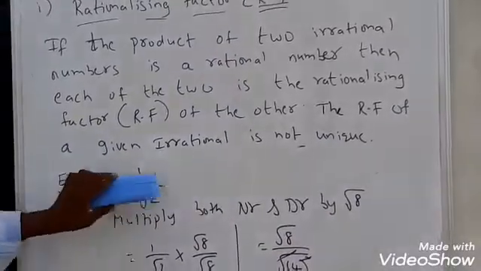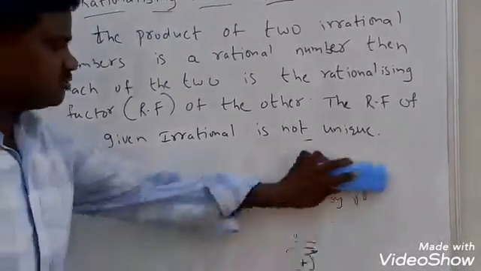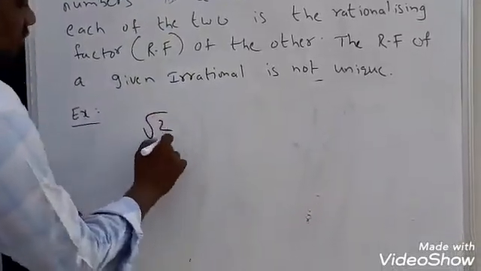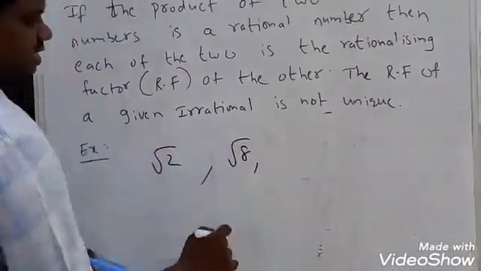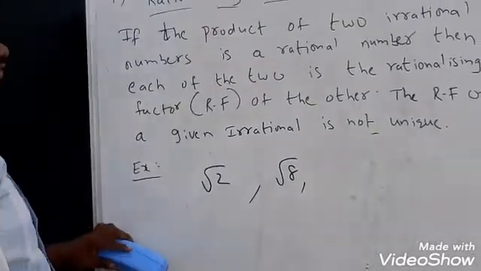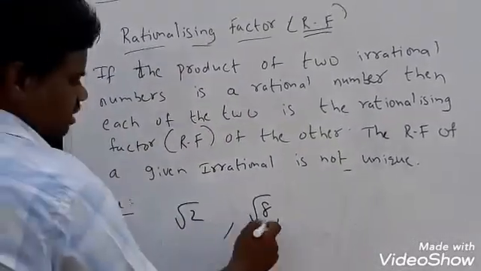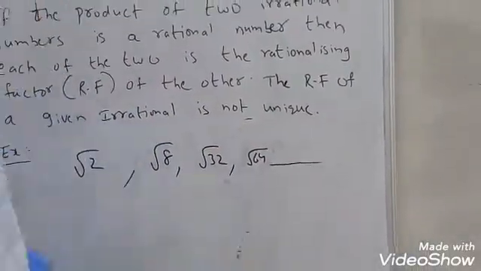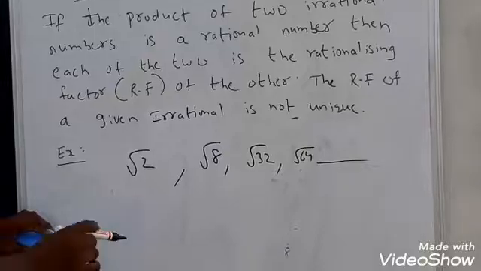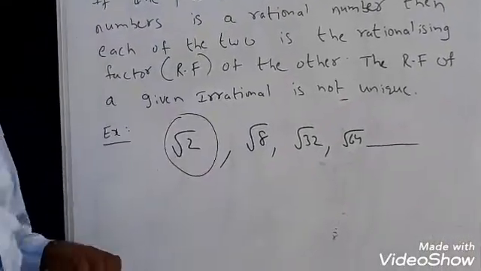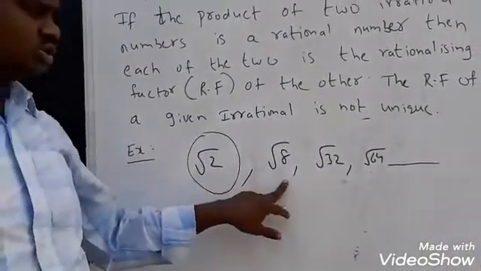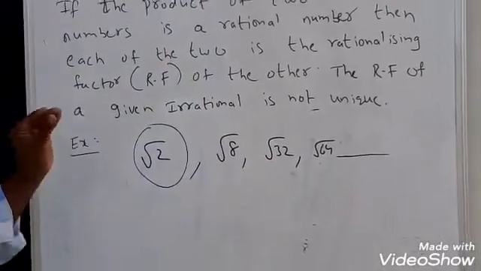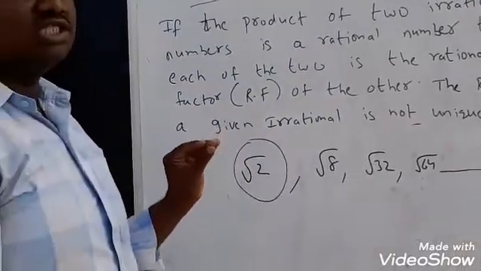I told it in the sentence itself. First I multiplied with root 2. Second I took root 8. Next you will get another number. If you take root 8, after that you will get root 32 also, next root 64, and so on. All these are rationalizing factors. But you have to take the smallest one. Root 8 also is no problem, root 32 also no problem, root 64 also no problem. But the rationalizing factor must be in the simplest form.